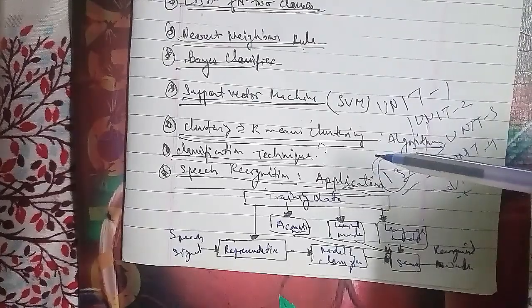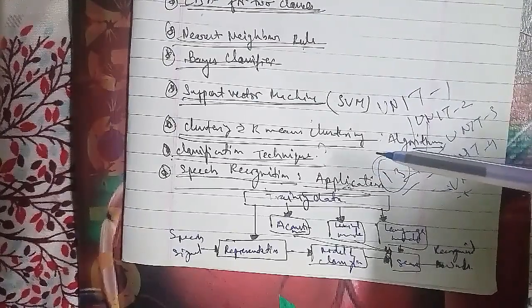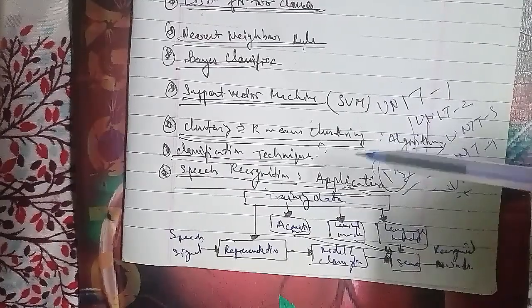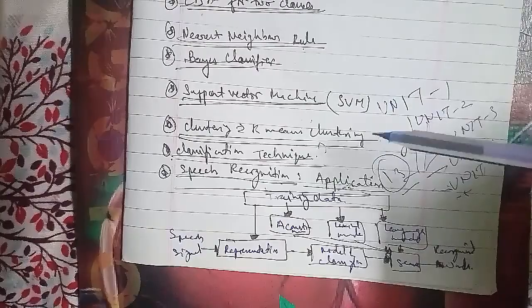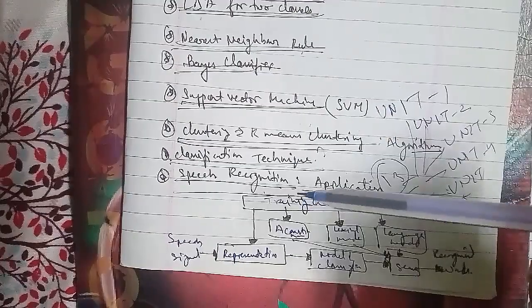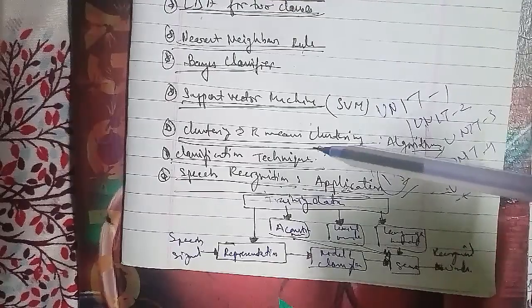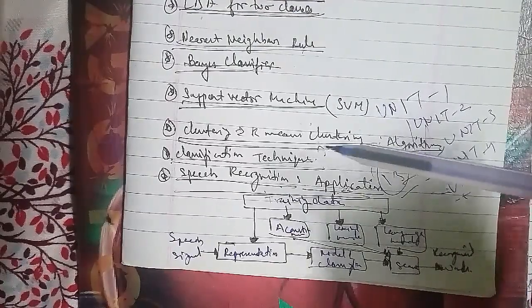Other than artificial intelligence, we are completing computer graphics. We had started with that, and artificial intelligence we are going to end, and data warehousing and data mining, and we have started another subject, that is principles of programming languages as well.